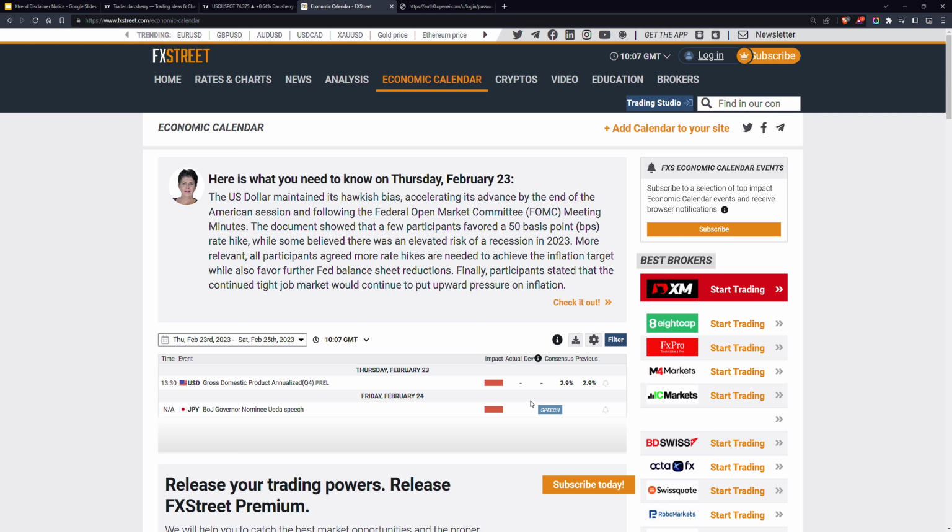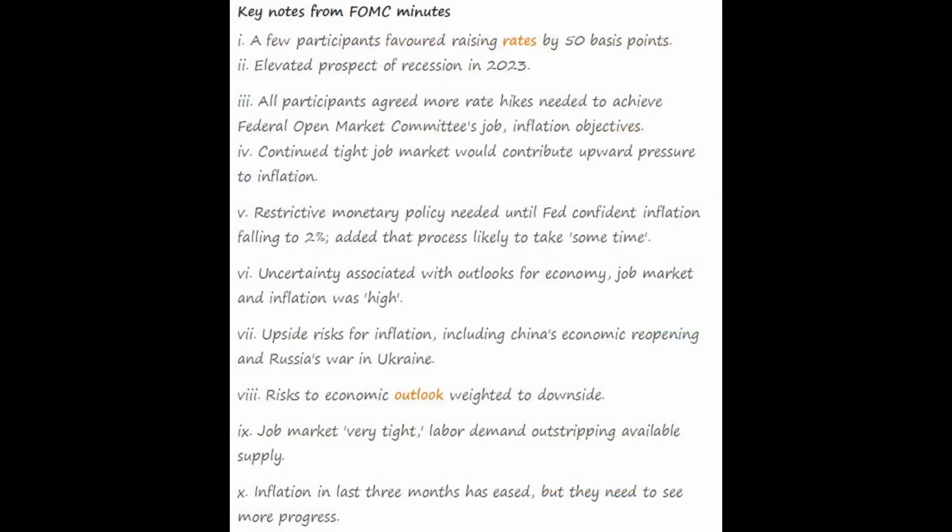Obviously, what we are going to be doing during the live session is to look at the pairs that we have been monitoring. Let's see how participants are actually anticipating this event. And talking about macroeconomic events, you remember yesterday we had the FOMC, and it actually came in. I would like to share with you some few tips, some data which I was able to spool out from the FOMC yesterday, and this is what we have here.